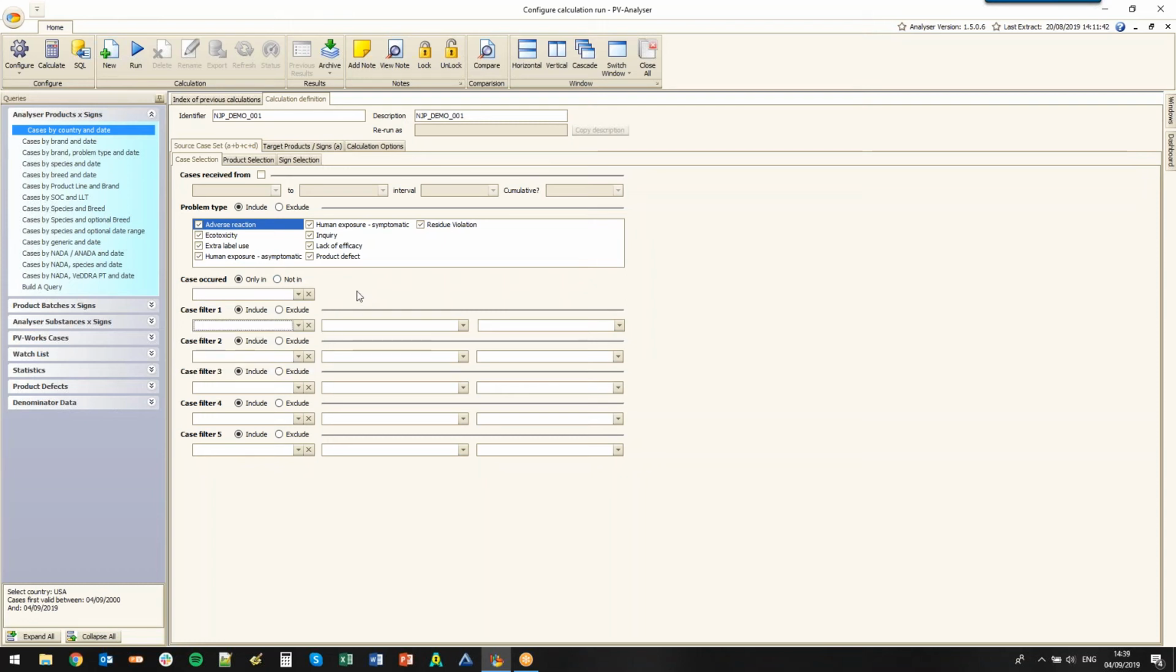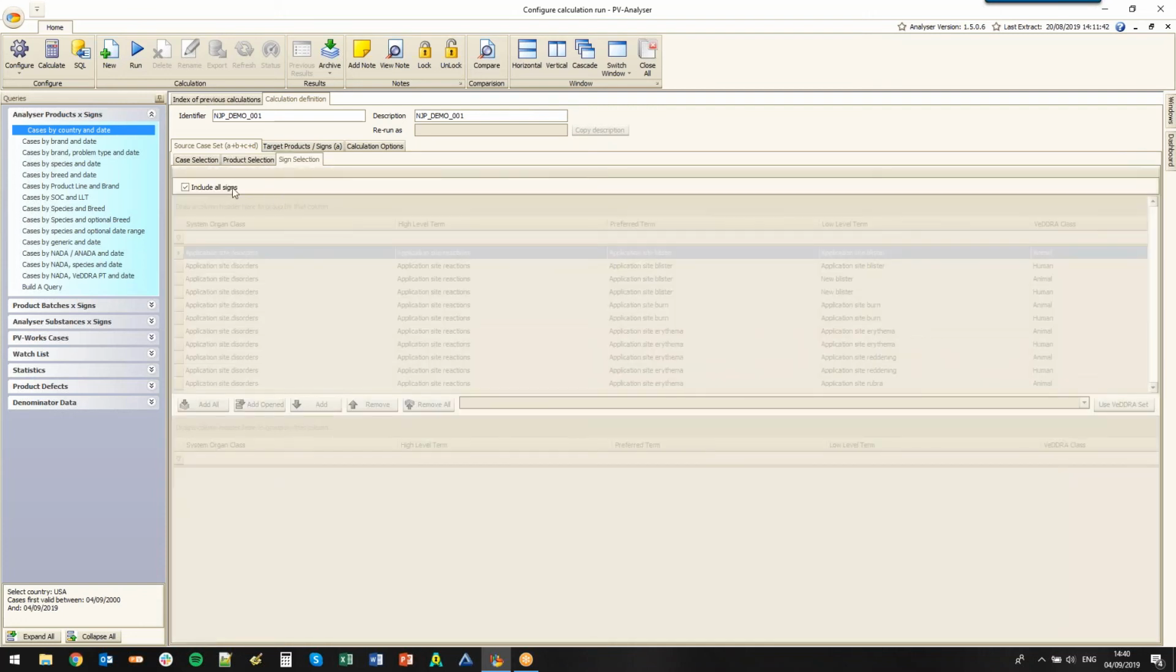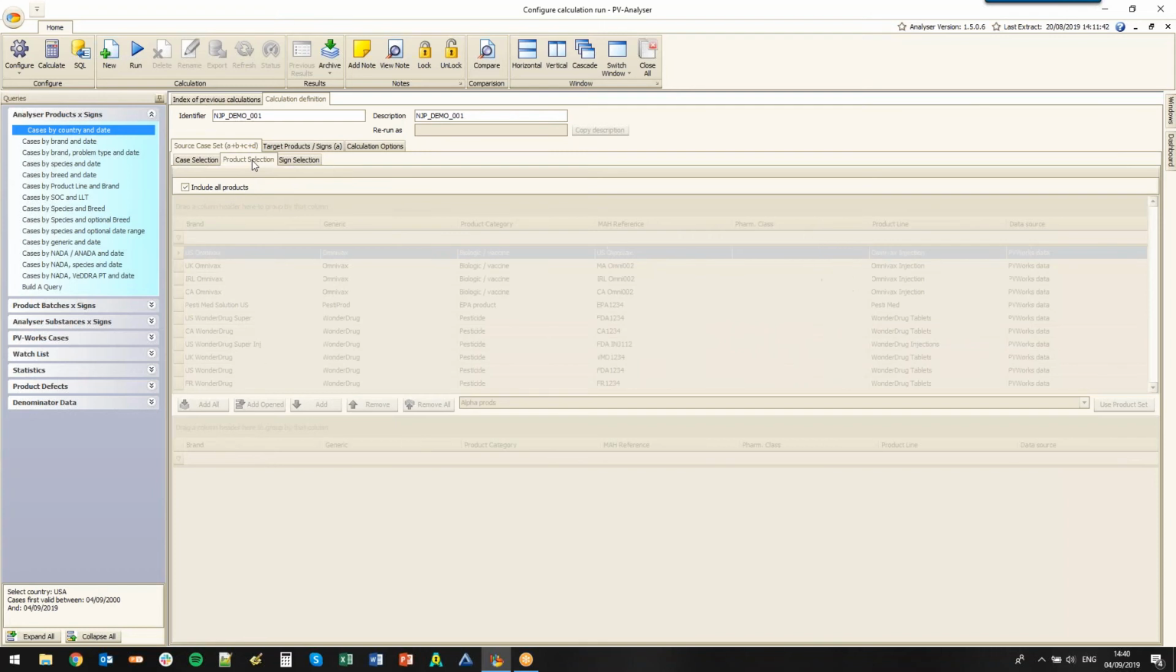the system. We then have to say which products we want to include in our overall case set, and I'm going to use all of my data as background information. So I'm going to include all products and I'm going to include all signs. At the moment in this system I'm using my own case data as background denominator data, but it would be possible to load into the system some external source, so OpenFDA data for example, and use that instead as the